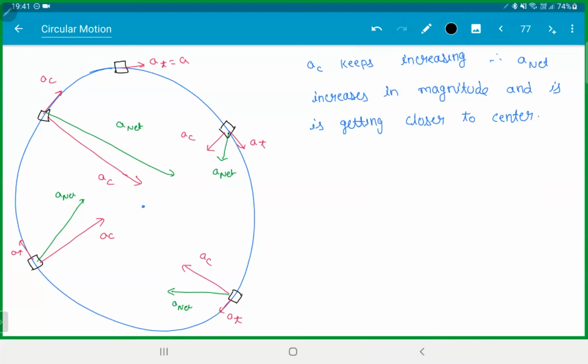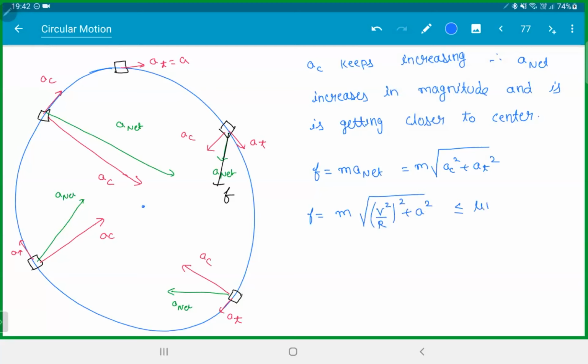The one to provide this net acceleration is friction. There is no one else. So friction should be equal to m into a net. And what is a net? Root over a centripetal square plus a tangential square. This guy would be v square by r the whole square plus a square, which is less than equal to mu mg. m cancels and